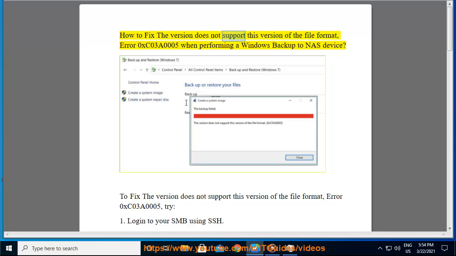How to fix the "The version does not support this version of the file format" error 0xC03A0005 when performing a Windows backup to NAS device. To fix the "The version does not support this version of the file format" error